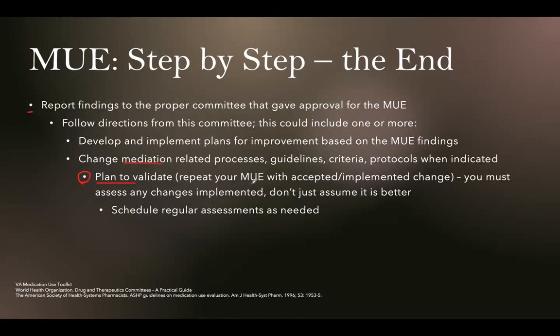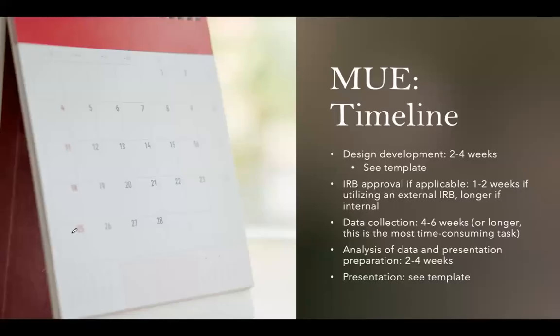So repeat your MUE, but maybe abbreviated, just to make sure the change that you're doing works. Continuous quality improvement, that's what we're talking about. So you've got to schedule those regular assessments as needed. And it may be you go back to P&T once a year and say the use of acetaminophen IV is remaining at the appropriate level, or the use of antibiotics, the list could go on. But then your